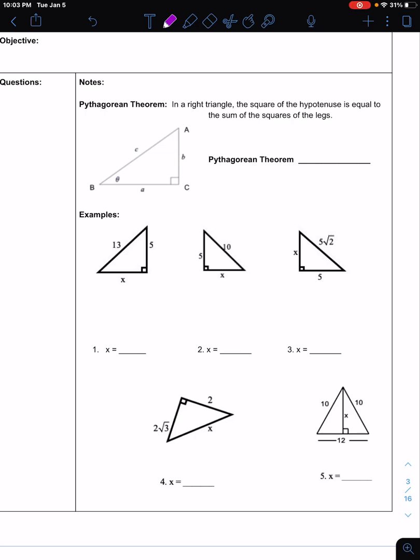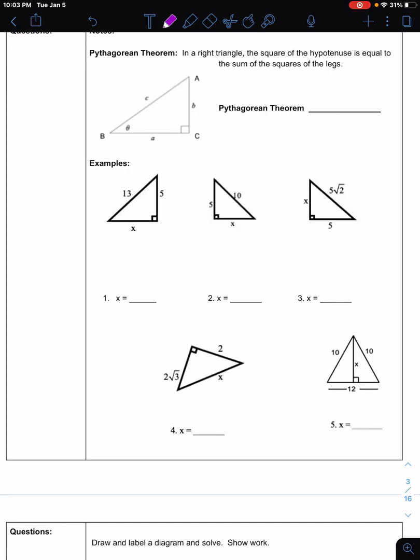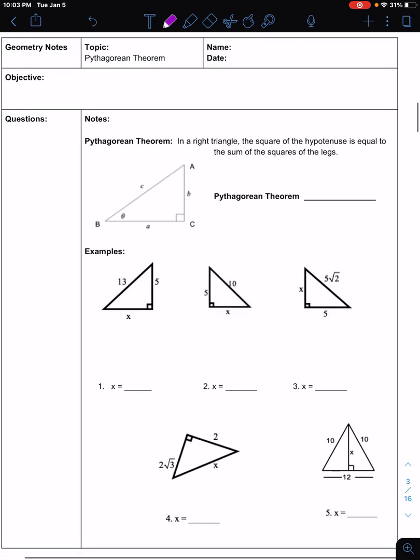So this is a review of the Pythagorean theorem, and then we're going to amp it up just a little bit by using numbers that we've been studying, using radicals like we've been studying. So remember Pythagorean theorem. The Pythagorean theorem is used when you have a right triangle where you have a hypotenuse